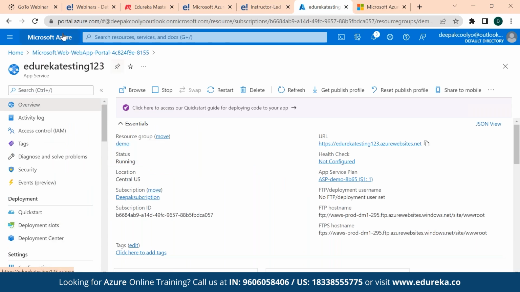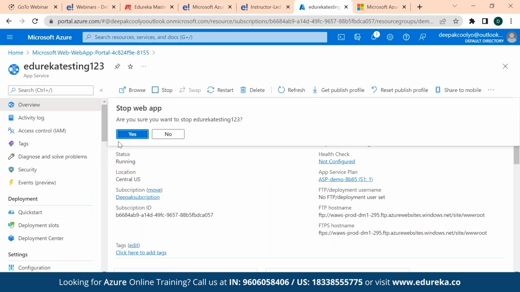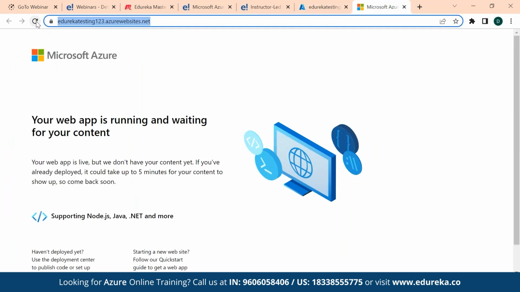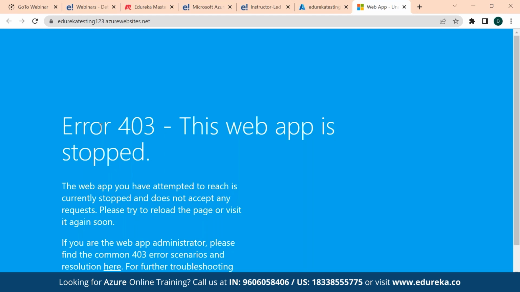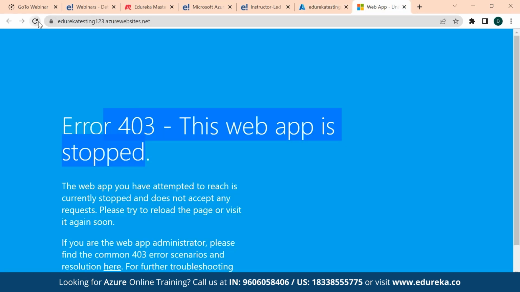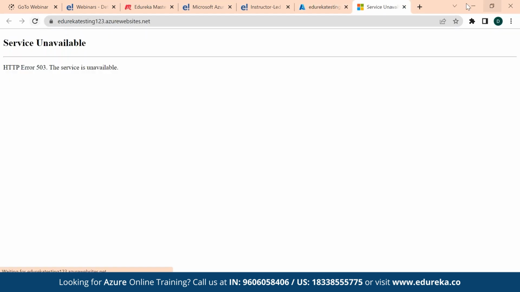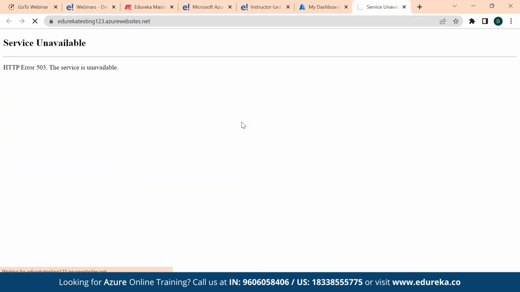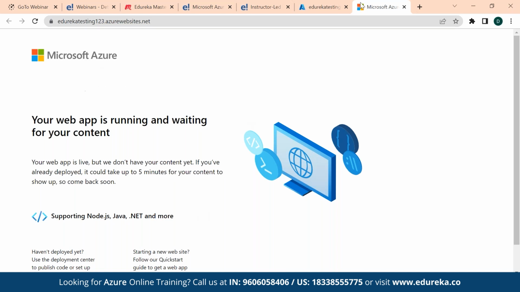Now, since you are accessing this site here, if I'm going to stop it from here directly, because I'm the admin, I will have the entire central control. So if I'm going to stop and if I'm going to run, you see you're going to get this error now. I can start it out. It will be accessible to all of you. It will take a moment to come up. You see now it's up and running.